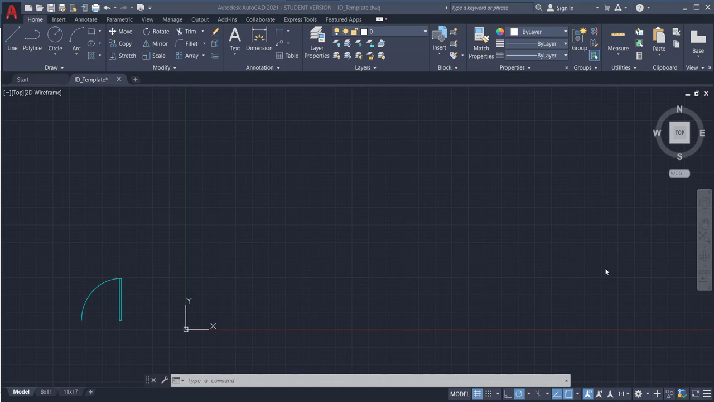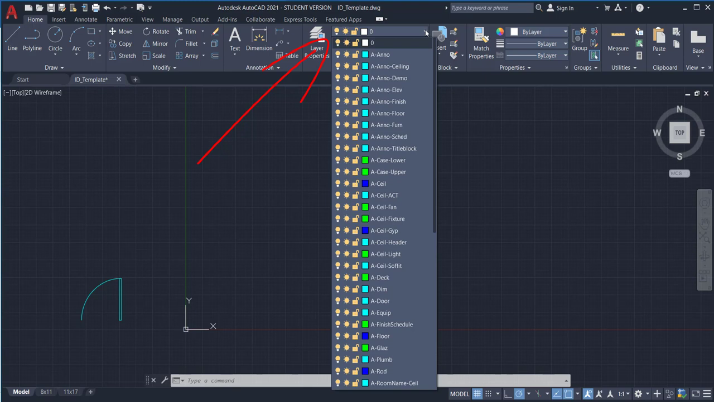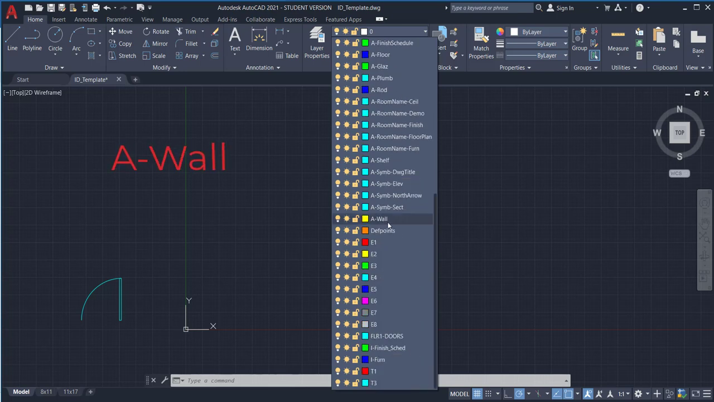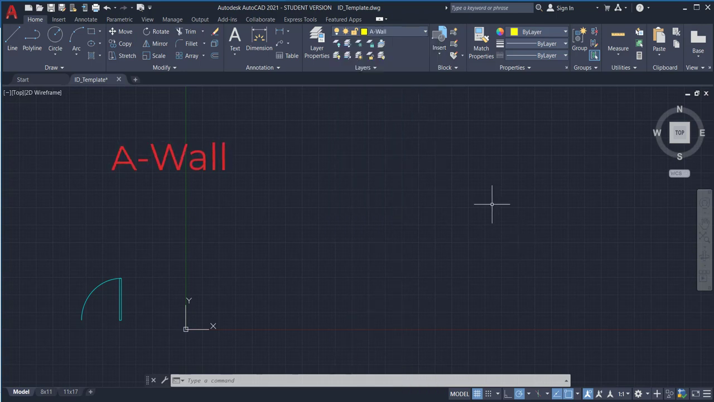To assign a layer to your drawing, we're going to go up here to the Home tab under the Layers panel, and we're going to click on this little scroll bar right here. We're going to see that there's all kinds of layers in here, and if we're going to start working with a wall, then we find a wall, and currently that color is yellow. So I'm going to click on a wall, and you'll notice that it's located up in the scroll bar now